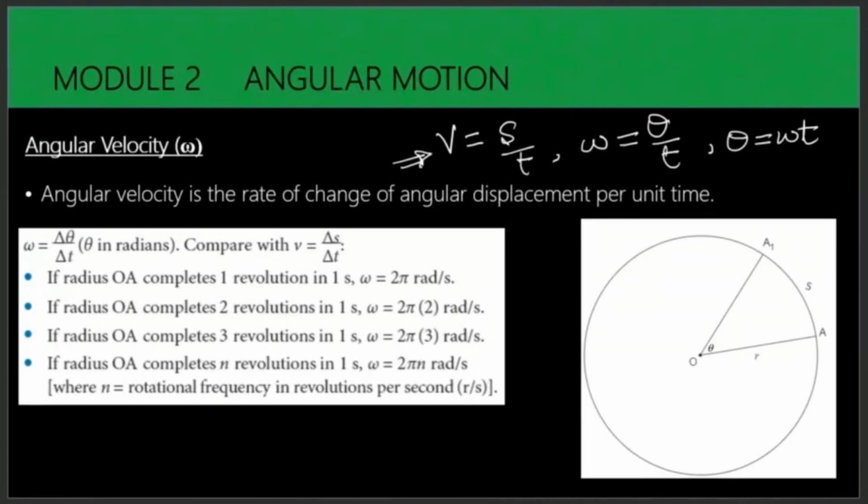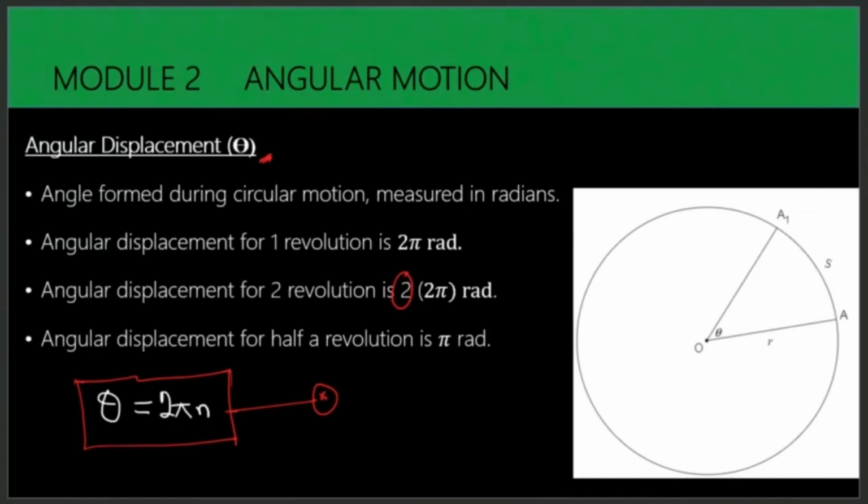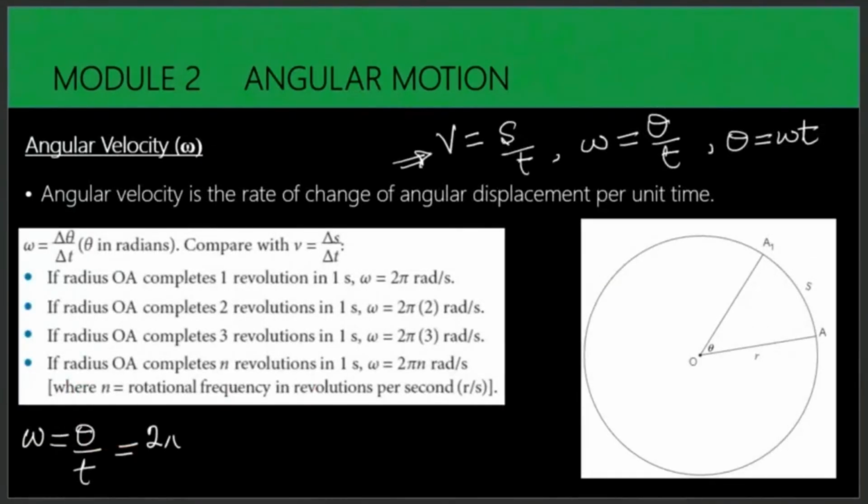Okay, so we know that the angular velocity is angular displacement per unit time, and we established here that the angular displacement is 2 pi n. So this is going to be 2 pi n over time. It simply means that for 1 second, if you look at this rotation OA, if it completes 1 revolution in 1 second, it's going to be 2 pi n over 1. So we have it as 2 pi n